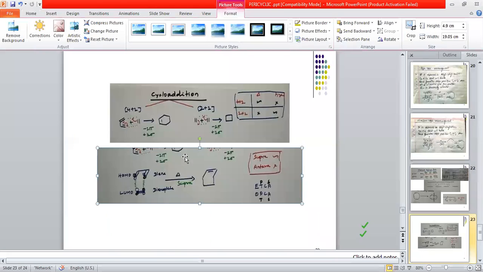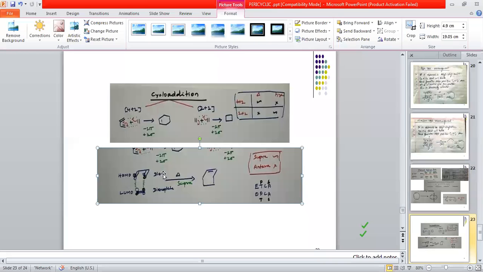Now we have to make the structure in the form of HOMO and LUMO. Suppose this is the 1,3-butadiene structure: one side double bond, one side double bond. We can make this our HOMO compound, and we have drawn the lobes like this. Again, this was a double bond, so we have made a double bond at the first carbon atom and then the structure.